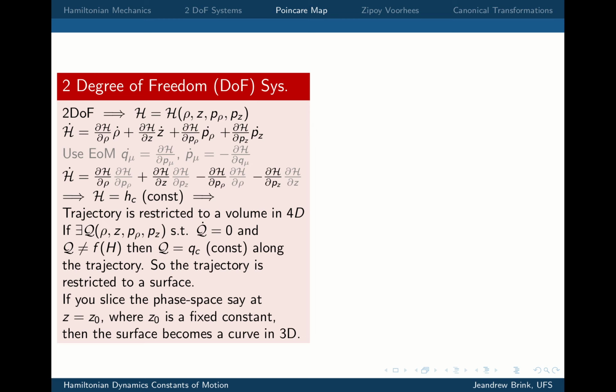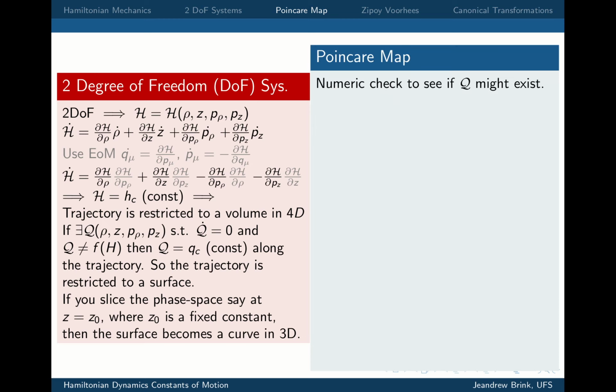Okay, so I'm just going to summarize. If you basically want to make a numeric check of whether Q exists, and I'll illustrate it again on the next slide as well, the numeric check is first to integrate all your equations of motion, in other words, rho dot, z dot, p rho dot, pz dot, and find a numeric version of what these trajectories are. In other words, if you put them into MATLAB with ODE45, you're eventually going to get,